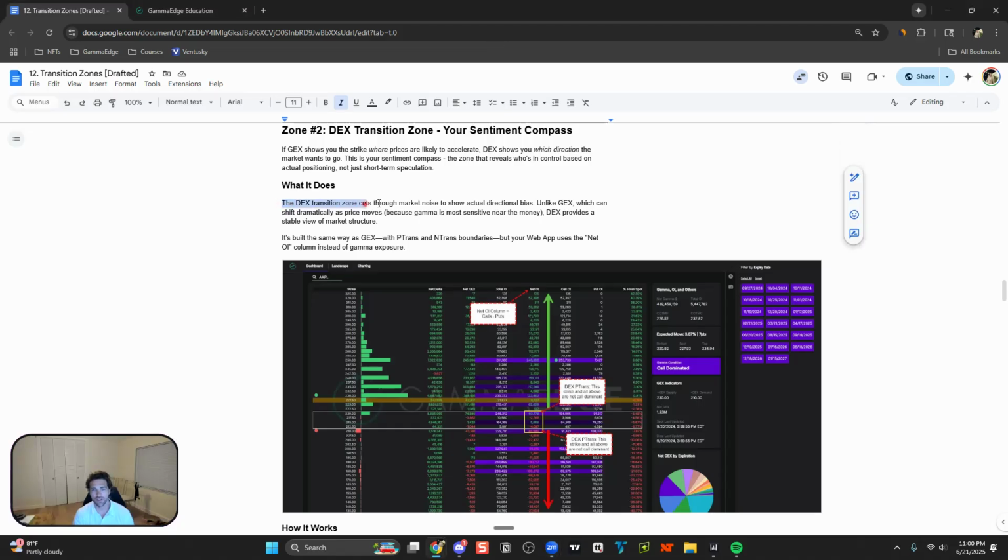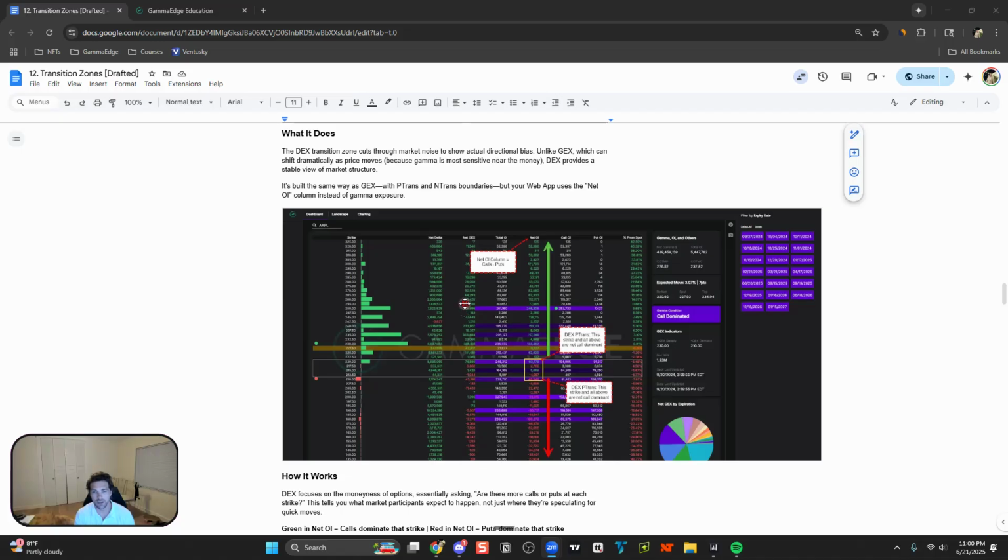So the DEX transition zone cuts through market noise to show actual market direction. Unlike GEX, which can shift dramatically as price moves, because gamma is most sensitive near the money, DEX provides a stable view of market structure. And so the DEX transition zone has boundaries, P trans and N trans, just like the GEX transition zone that